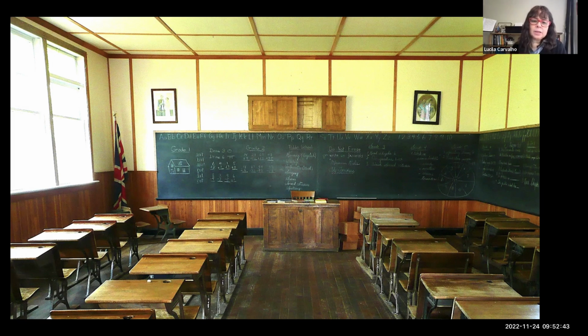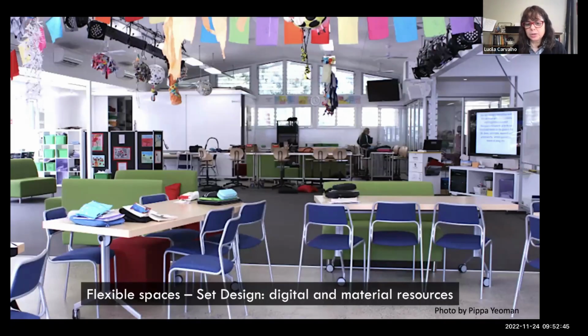And of course, in New Zealand, there are many different types of classrooms, and many of them have flexible spaces these days, where you have light furniture and tables with wheels, which allow the teachers to reorganize the space in different